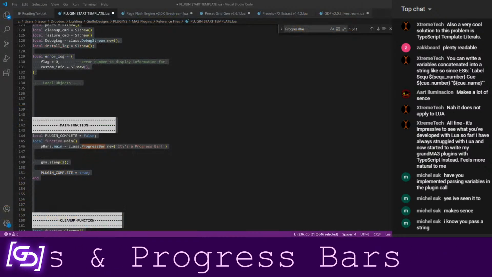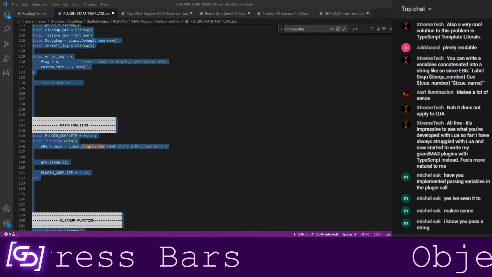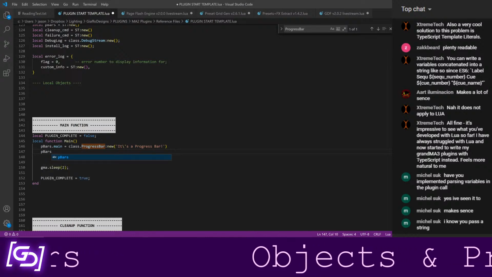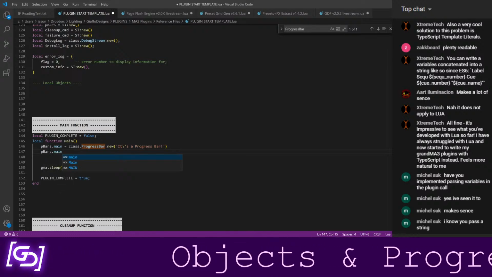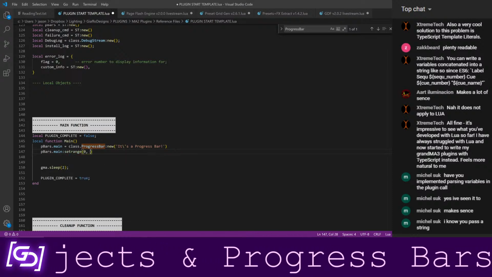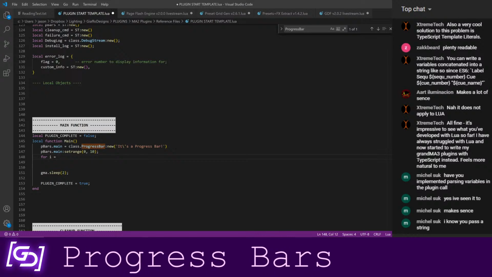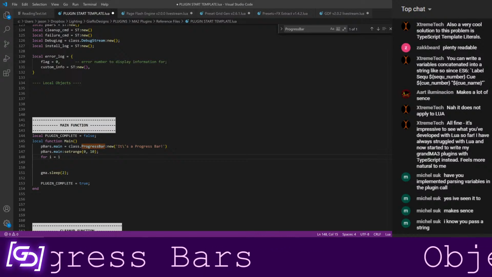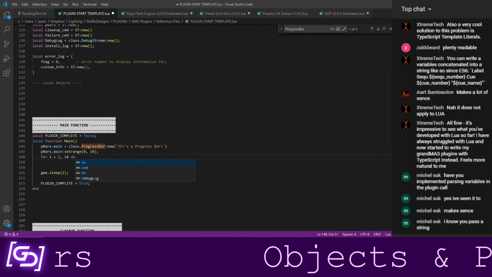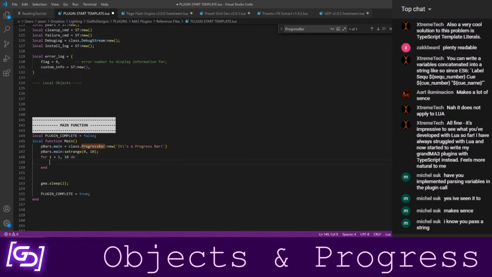So now I am going to go in and let's make it do something. So let's say pbars.main, and let's say set range. I'm going to set it 0 to 10, and then just do a for loop for i equals 1 to 10. Trying to make sure I don't write in the wrong language right now.